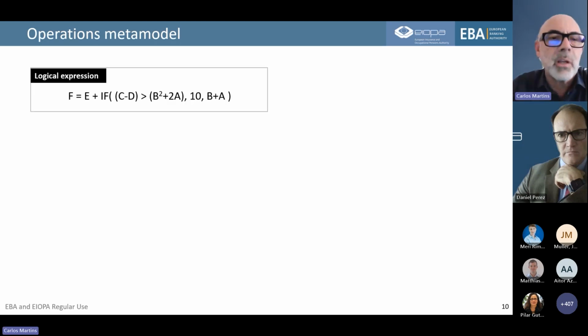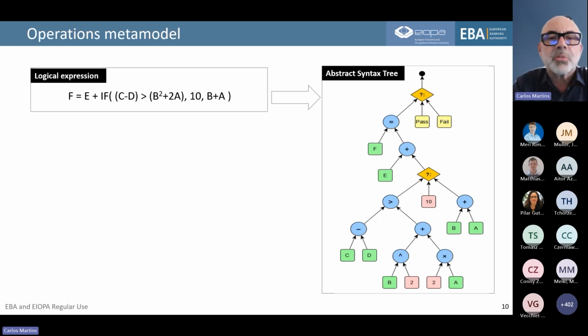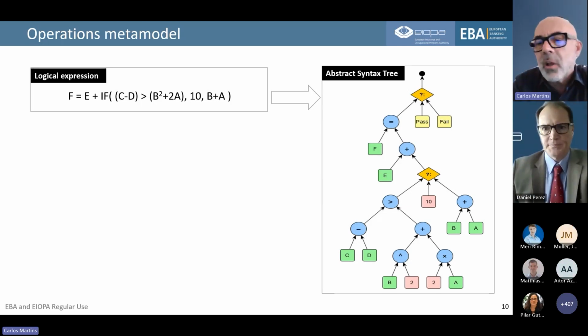Let's take one logical expression, a very generic thing, just to say we can represent any kind of formula or algebraic expression as an abstract syntax tree, which is basically a sequence of nodes and operations, moving to the upper levels until finally you get a result which is, in this case, either true or false. So either f is equal to the expression or not. So this is basically one way of representing the formula in terms of an AST.